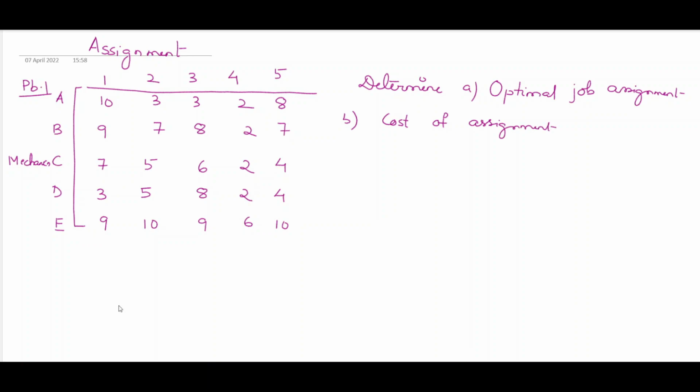So how to do this kind of job? It is practically useful in industries. So first we will start with, you see, this is a matrix of 5 into 5. I've already told you that in assignment the number of rows should be equal to the number of columns. You can see that there are 5 people and 5 machines. So it is a balanced assignment problem. And here small n is known as the order of matrix, and it is clearly visible that the order of matrix for this problem is 5. So here small n is equal to 5.